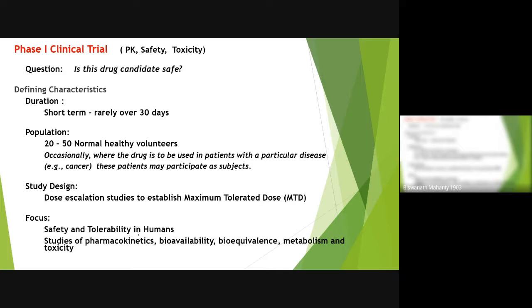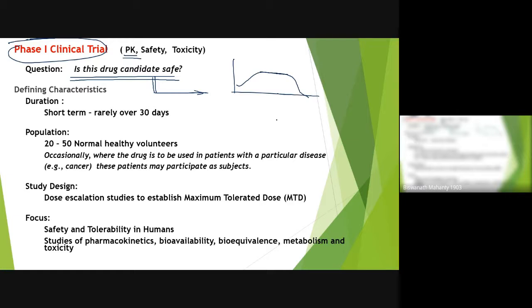Now, my primary intention in this class, when I'm talking about phase 1 clinical trial, what we are going to do, what are the questions we are going to answer? Is this drug candidate safe? You see, safety is different and result is different. Is this drug useful or not? That is not the question. They're primarily looking for, is this drug candidate safe or not? Safe or not means we need to know pharmacokinetics also. How much dosage it is coming, whether this dose is causing any toxic effect in the individual or not.